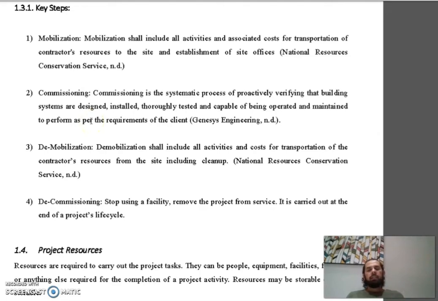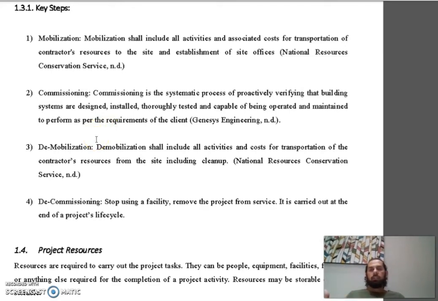هذه مرحلة systematic process. طبعا ما هي كذا فقط، حتى نتأكد مسبقا من أنه المبنى، أو البيلدينج systems are designed installed، يعني صممت ونصبت وفحصت، وأنها قادرة على أن تحقق أو تعمل بالمستوى المطلوب، اللي مطلوب منها كان في مرحلة الانيشيشن بروسيس أو مرحلة الديزاين.